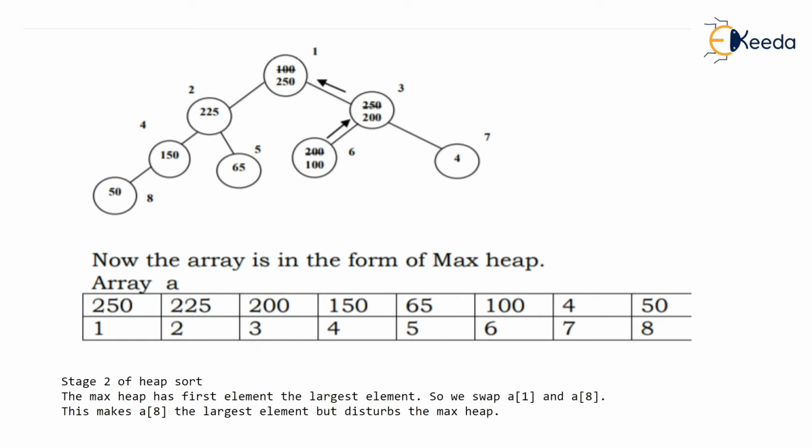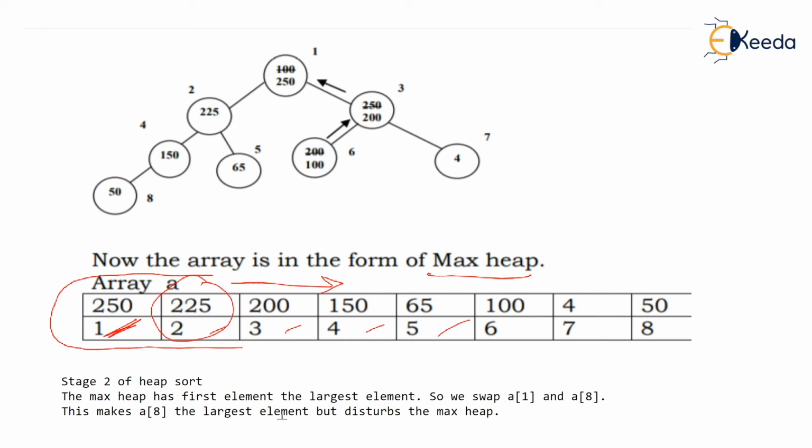Just check, this is what strikes every student early on. Students feel that we have got a max heap and every parent is greater than its child, then it seems that this array will be in decreasing order. Come on, because every parent is greater than its children. This second parent is greater than its children. That means students feel that this array will be in the form of decreasing order.